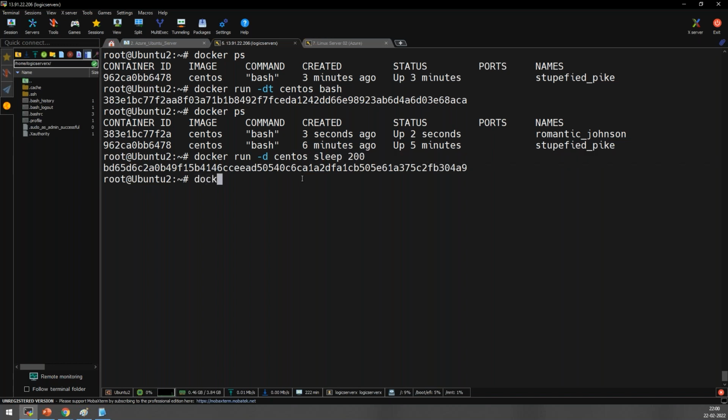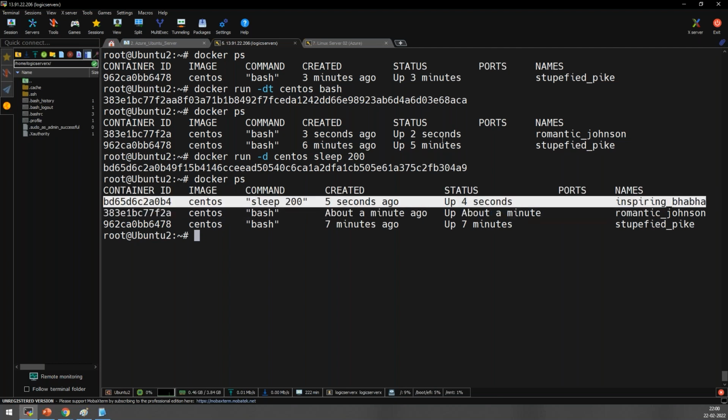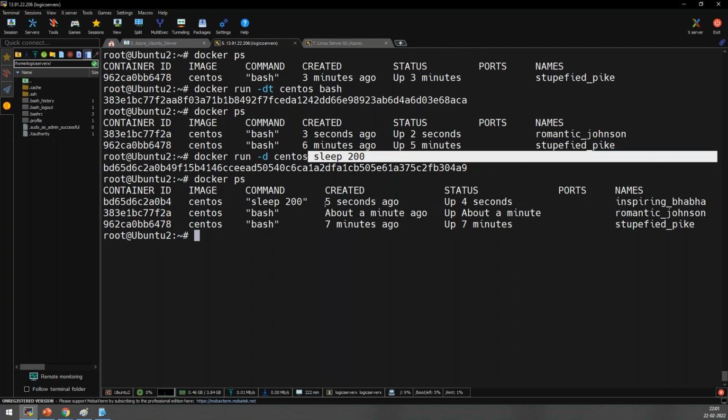Now if you type docker ps, what happens? You can see there are three containers running. But after 200 seconds, this container will exit. Why will the container exit, team? Why does the container exit after 200 seconds? Because you've given a command of sleep 200 here. But after this, why does it exit? Because once this particular time is over, there is nothing for the container to run, so it will automatically exit, the rule which we discussed. Got it? That's it.